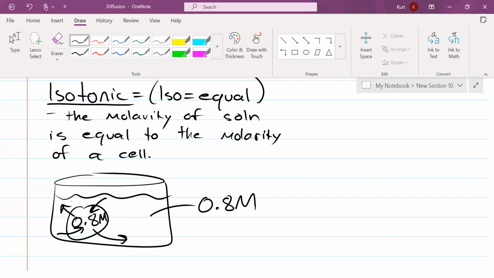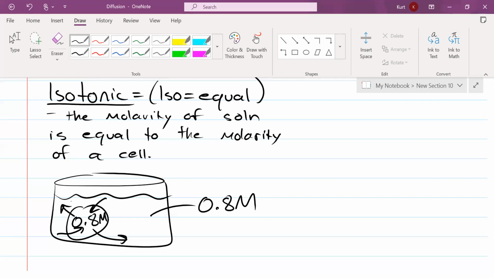How about cell B? Looks like there's no net change. Iso. And how about cell C? They look pretty swollen. Hypo. Okay, good. Let's answer number 1. Which microscopic field contains a hypertonic solution? Survey says A. Good. The cells in this field are said to be,